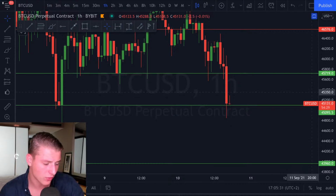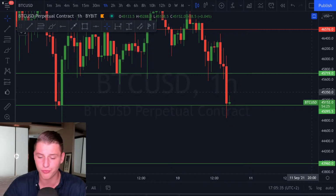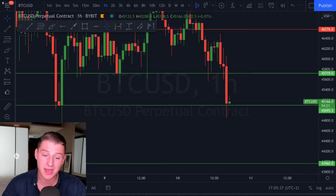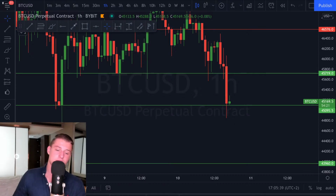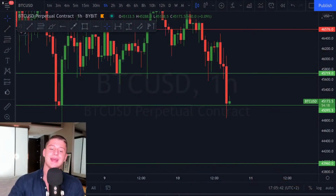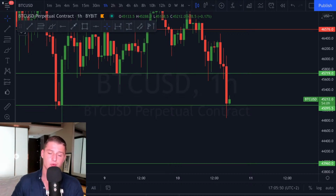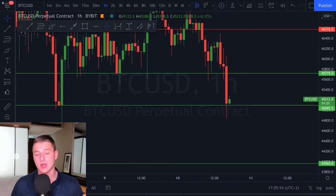So, thoughts on Cardano, hard fork update on the 12th, a pump? I personally don't think there will be a pump on the 12th. Maybe a minor pump here, but usually how it works is that once these kinds of news come out, guys, that's of course important to know, once good news is coming out, we tend to see corrections, because all the people that were anticipating the hard fork update on Cardano already bought in, the most amount of it, in my opinion. And maybe some people will still be buying in on the 12th, but I personally do think